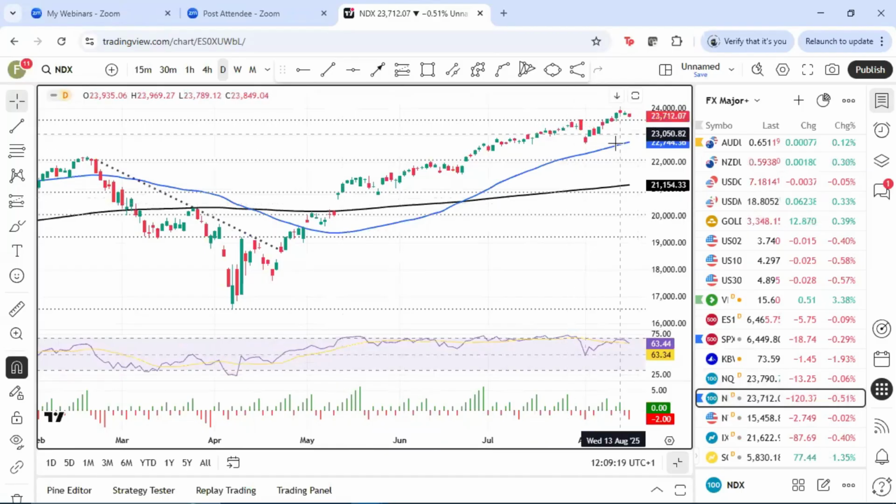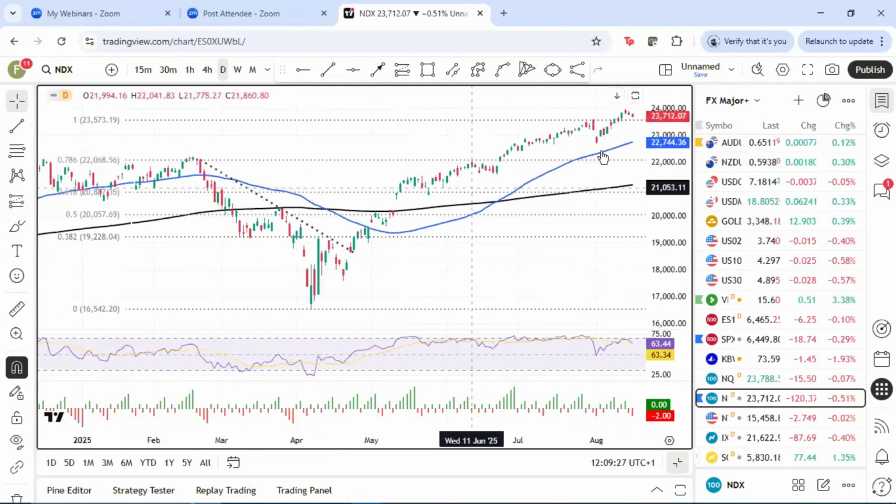Similarly with the Nasdaq, could have a bull channel in there. And we just sort of come off that high from last Wednesday, just below 24,000, so it didn't quite break that round number. And you've got the previous high from end of July at 23,573, possibly initial support. The blue line there is the 50-day moving average. That's below, well below 23,000, 22,744, with that August low at 22,972, just above that.